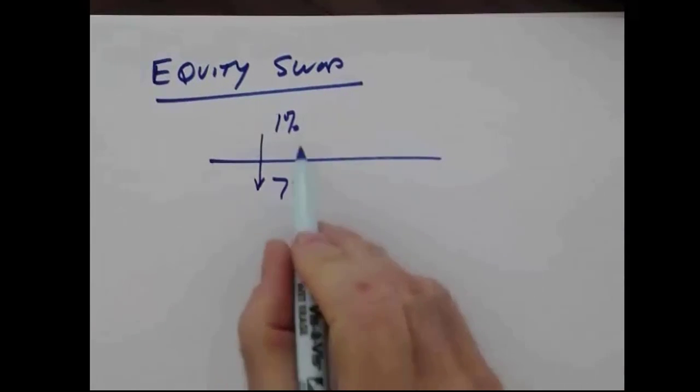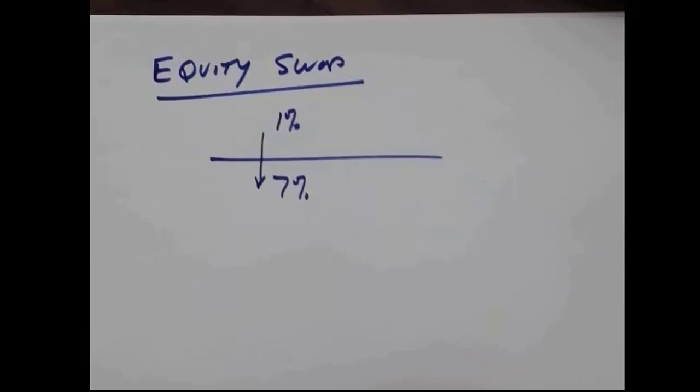And so the net payment would be minus 6% here. You'd pay 6%. Now, if the S&P turned out to have a total return of minus 8%, like you anticipated, a drop, right? So total return would be minus 8% for the quarter. You would